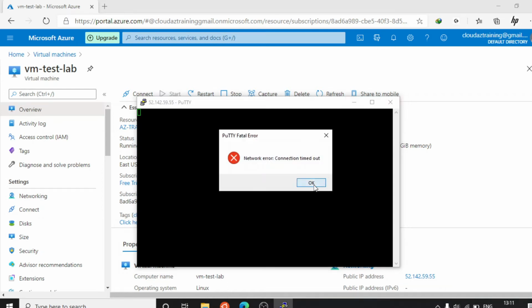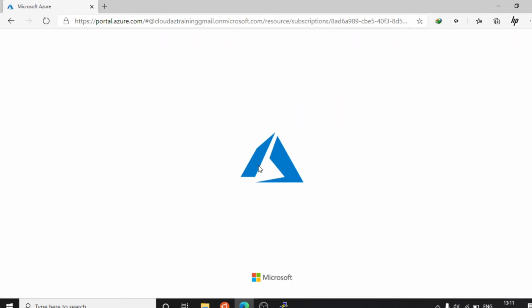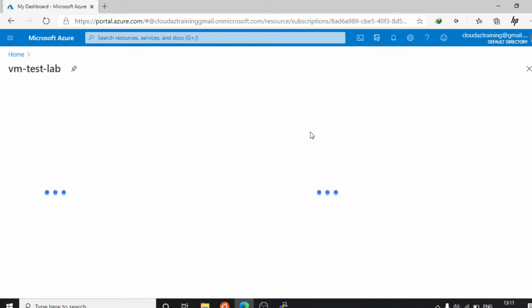It will take a little bit of time. Just refresh the Azure portal once.